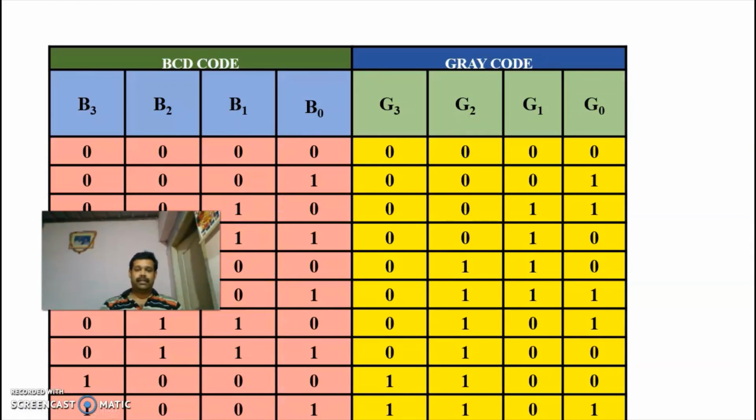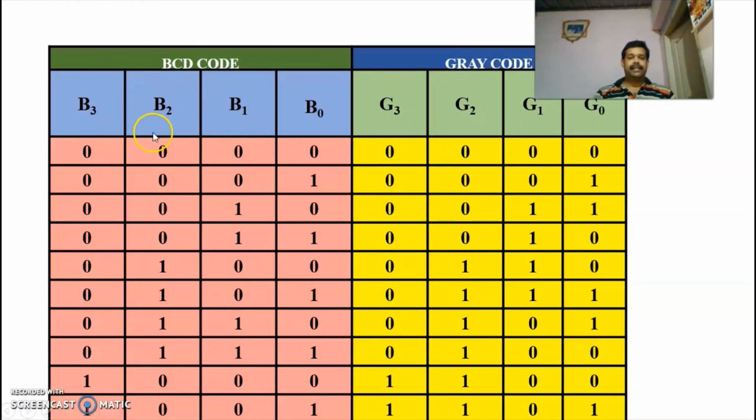In the truth table, first we are writing the BCD code from 0 to 9, and by the technique I have told, how to write the gray code. You write the gray code, then you copy the first 9 terms of that 4-bit gray code and copy here. Okay, first you write the BCD from 0 to 9 by using 8421. Then you write the gray code by using the technique, that is writing 0 1. Then you take the mirror image, then putting 0 above the line and 1 below the line.